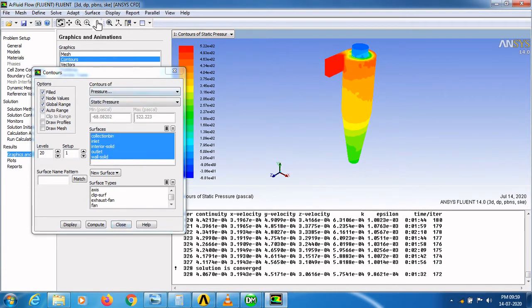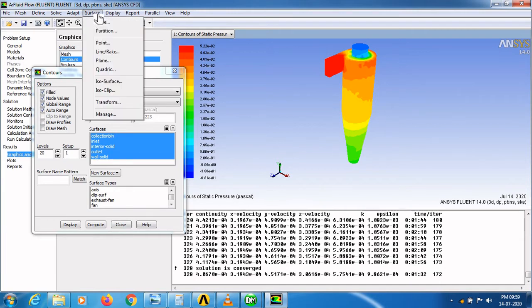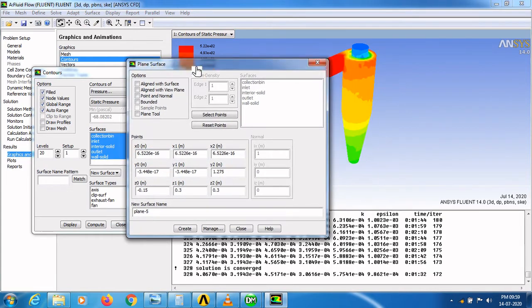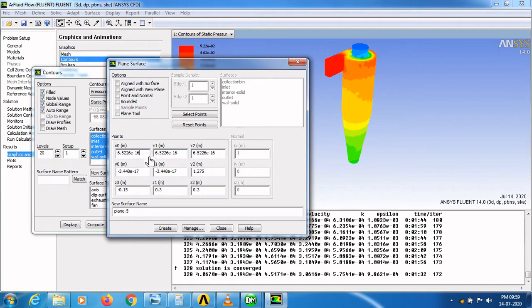And go to surface for creating the different types of planes. Now go to surface and select plane option. In plane surface option you have to enter values in points. In x0 you have to enter 1 meter, in x1 x2 you have to provide 0 0 values. In y axis you have to enter 0 0 and 1.5.